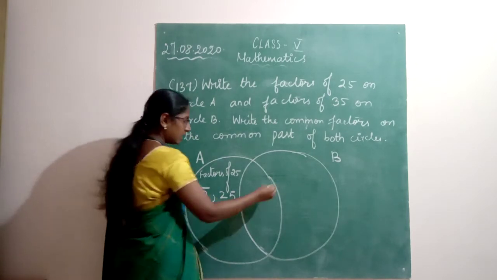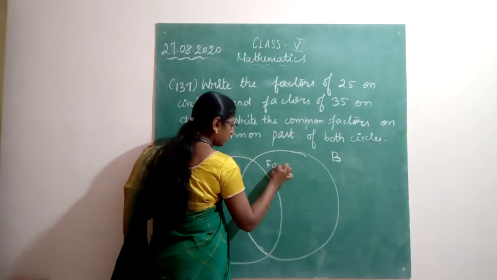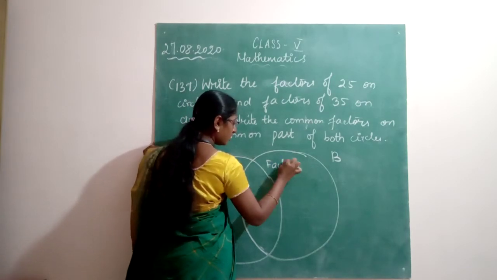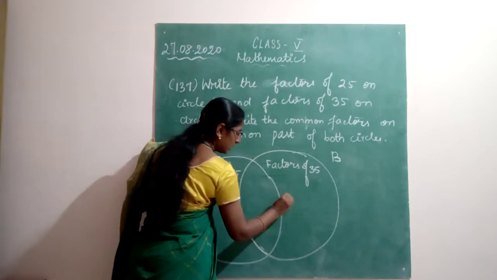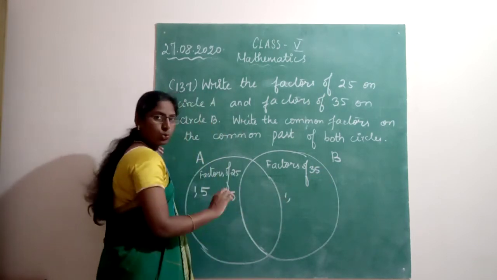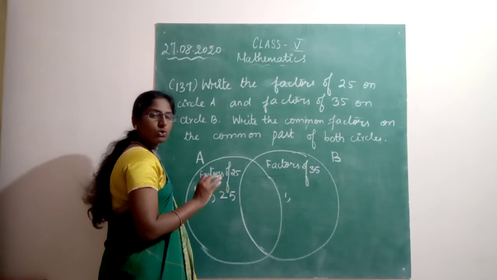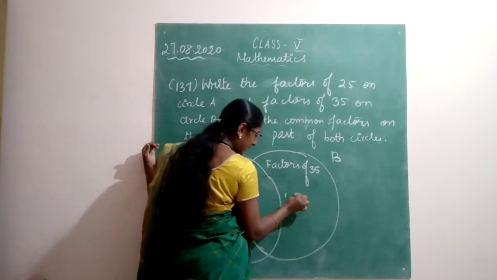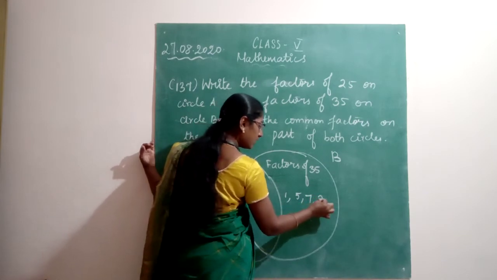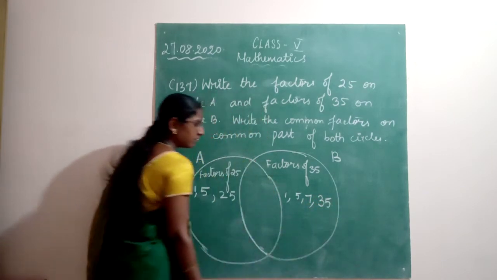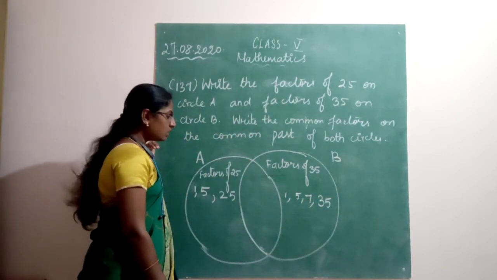And here factors of 35. It will come in 1 table. 2 no, 3 no, 4 no, 5 yes. 5 7s are 35 and again it will come only in 35 table. Is it clear? So now